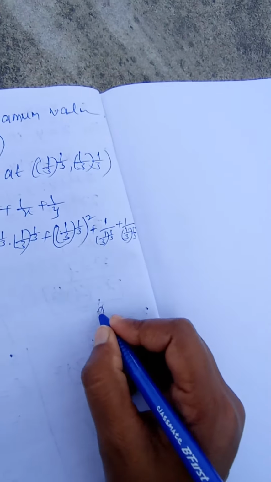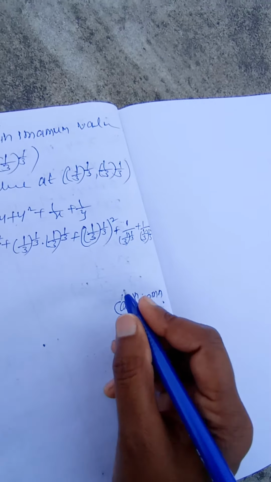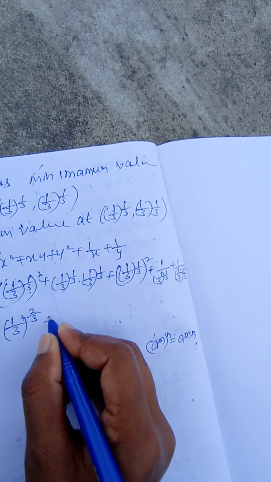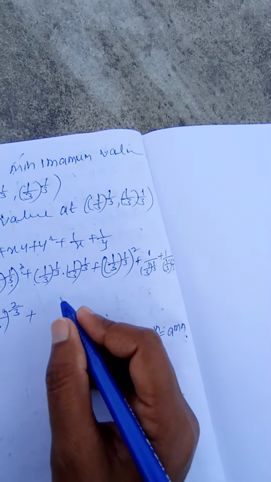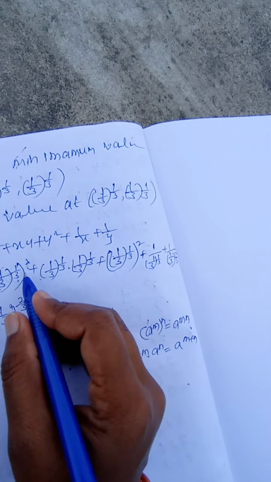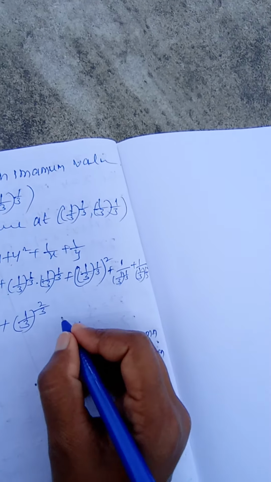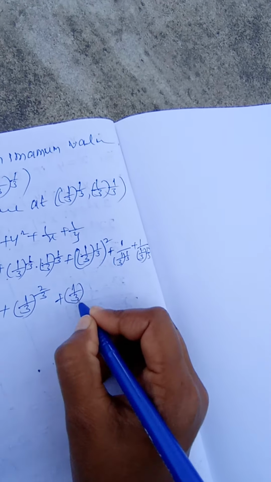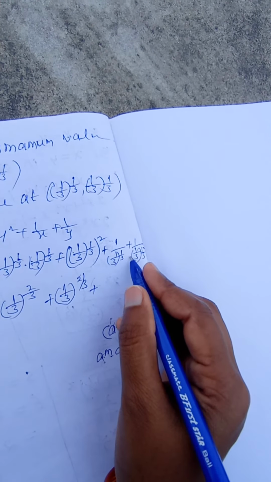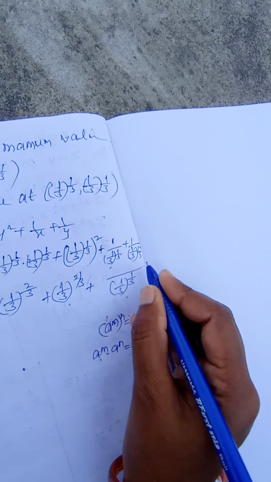This is in the form of a to the power of m whole to the power of n. So we know that it is a to the power of mn. So multiply these two powers: 1/3 into 2, so whole to the power of 2/3. So here base is equal, so powers should be added. a to the power of m into a to the power of n equals a to the power of m plus n. So powers are 1/3, 1/3. So (1/3)^(1/3) plus 1/3 we get 2/3. So this is also (1/3) to the power of, multiply these two powers, 2/3 plus, here take LCM, so add two numerators, 1 plus 1 is 2.